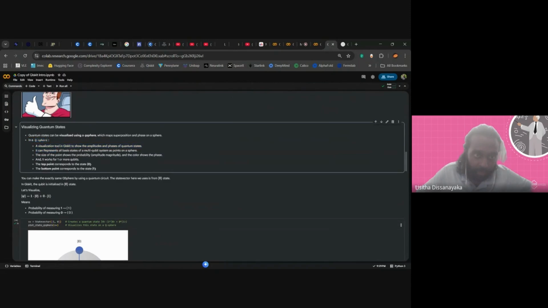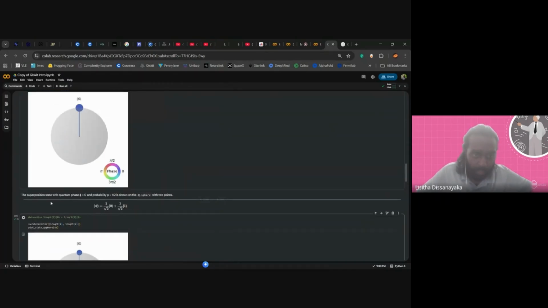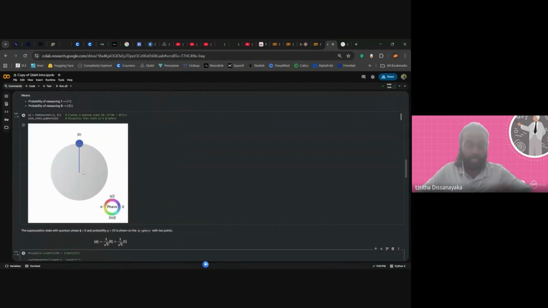A QSphere is a visualization tool that represents all the basis states of a multiple qubit system as points on a sphere. These four points I will explain later. So this is not a superposition state. The qubit is 100% in